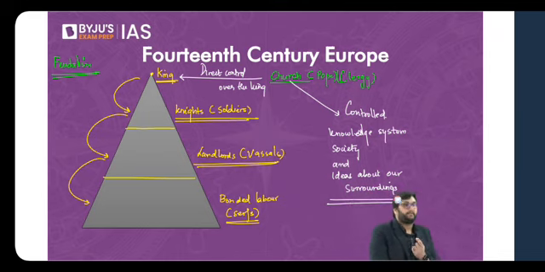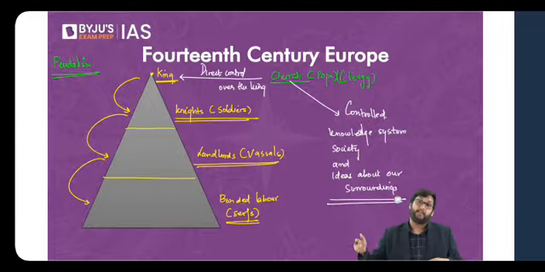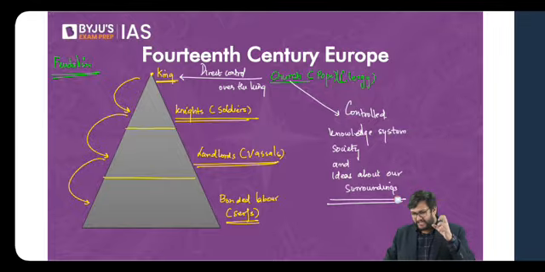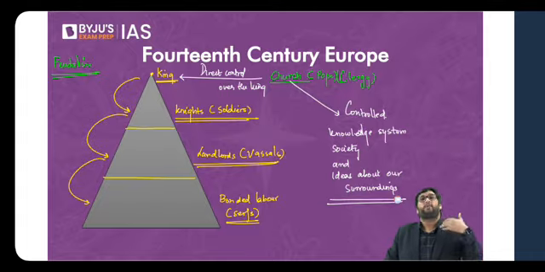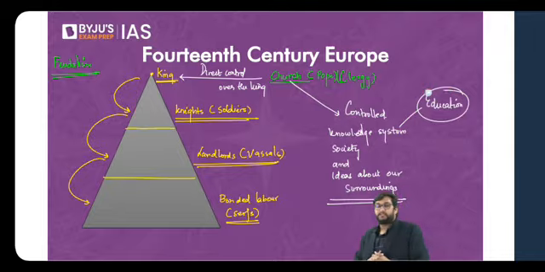When will you get up? When will you sleep? Can you marry? Can you not marry? Can the king marry? Can the king not marry? Very simply, the king was not independent here. The church had a lot of control over the king, and therefore the king always used to listen to the pope in that regard. And the church controlled knowledge system means that education was controlled by the church.